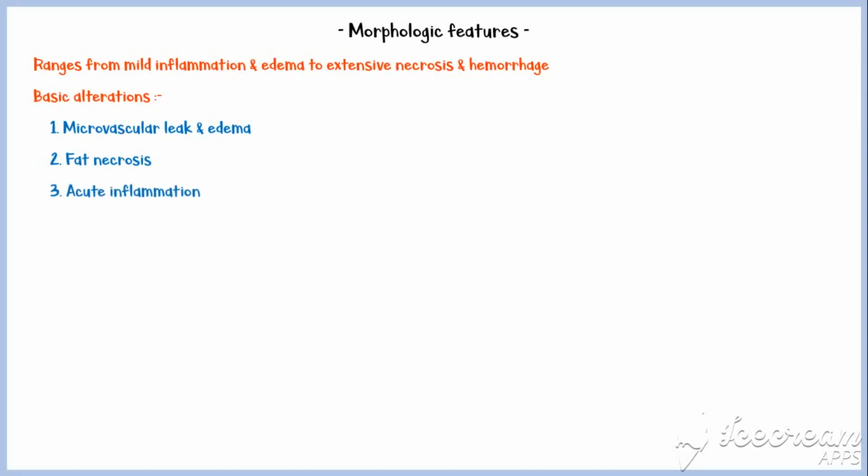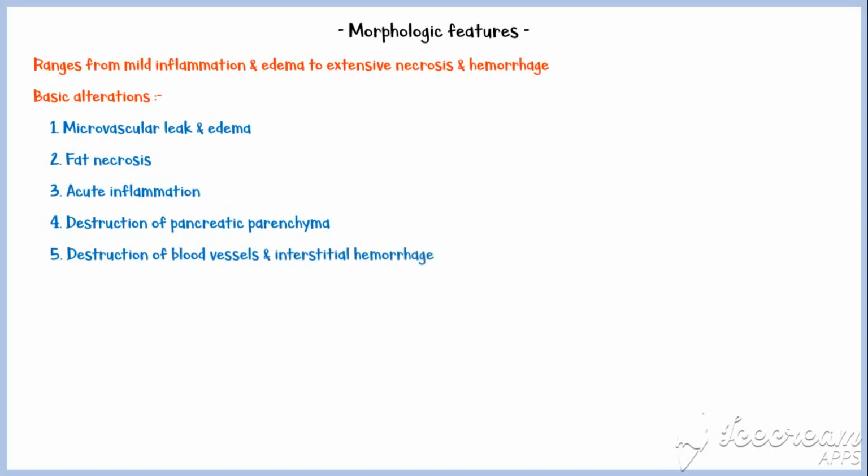Now let's see what are the morphologic features in acute pancreatitis. The morphology of acute pancreatitis ranges from mild inflammation and edema to extensive necrosis and hemorrhage. Basic alterations are microvascular leak and edema, fat necrosis, acute inflammation, destruction of pancreatic parenchyma, and destruction of blood vessels and interstitial hemorrhage. In the milder form, acute interstitial pancreatitis, histologic alterations are limited to mild inflammation and interstitial edema,